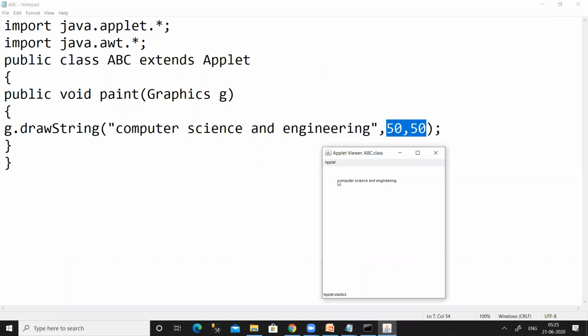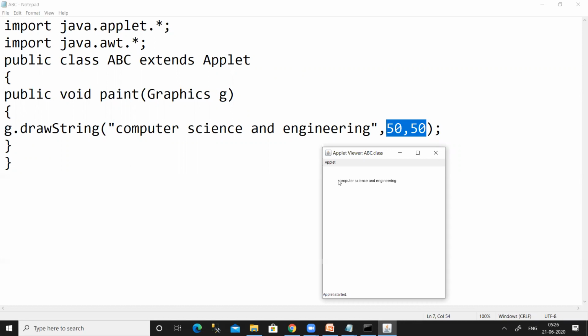So it is 50, 50, this particular position, and from this particular position, computer science and engineering is started printing. So this is how we can write anything on the applet.